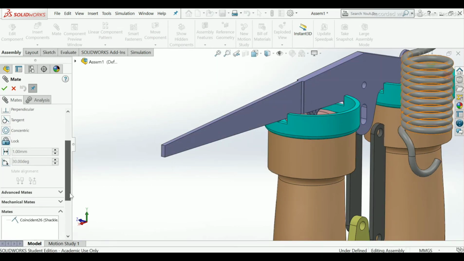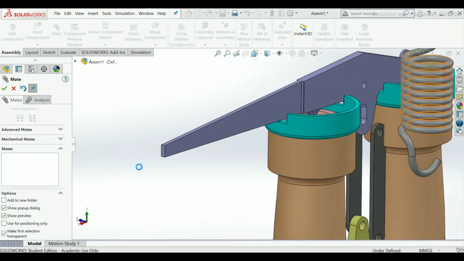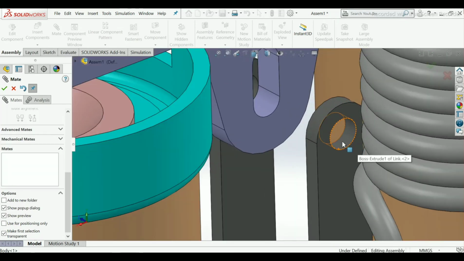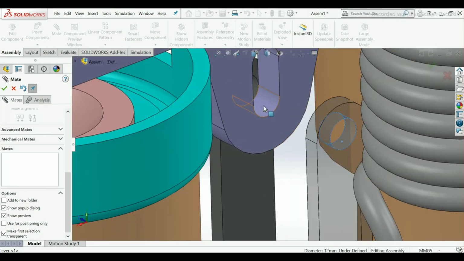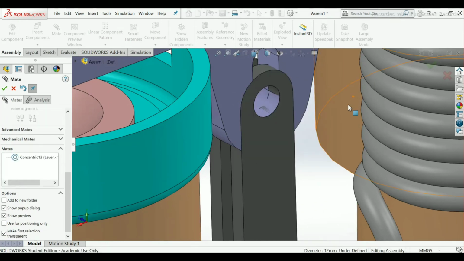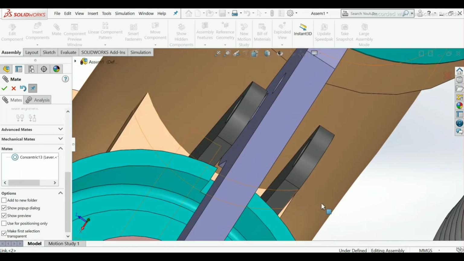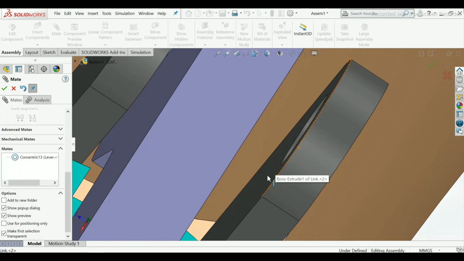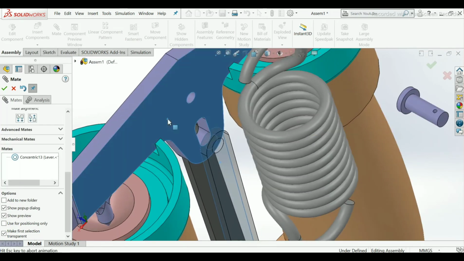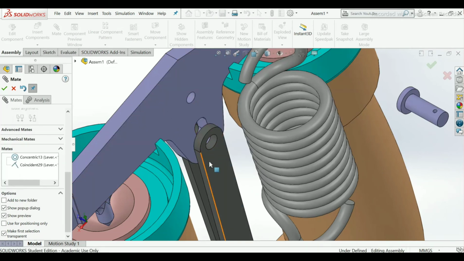Now it says over defined, so I will delete this relation. Select this face and this, make it concentric. Okay, now here choose this surface and this surface, make it coincident. Okay,